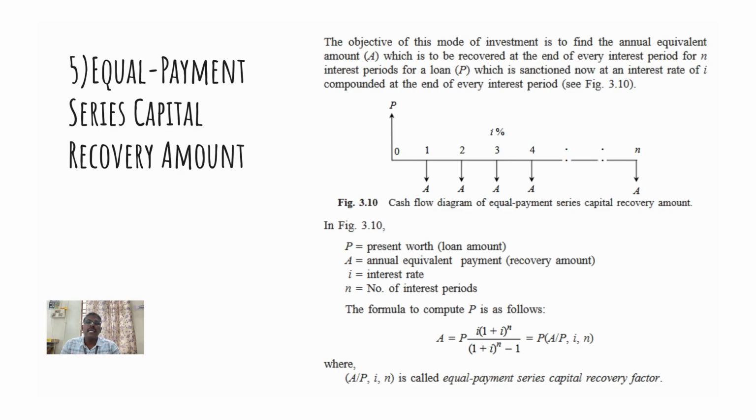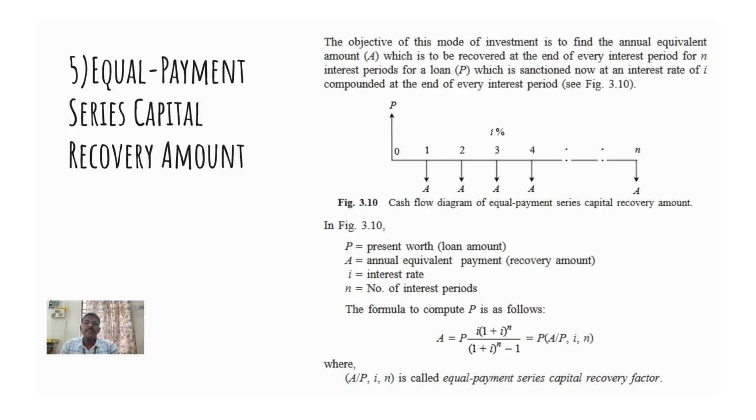So this is the cash flow diagram. In this cash flow diagram, we can see there will be P, that is the present worth, that is a loan amount which is given by the bank, and the corresponding number of years and corresponding interest rate. So equal amount every year, like it is a constant term,